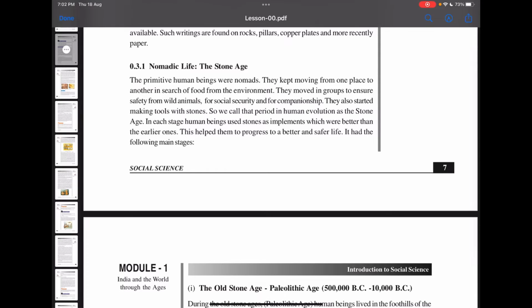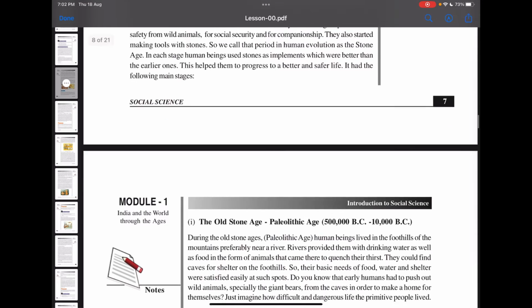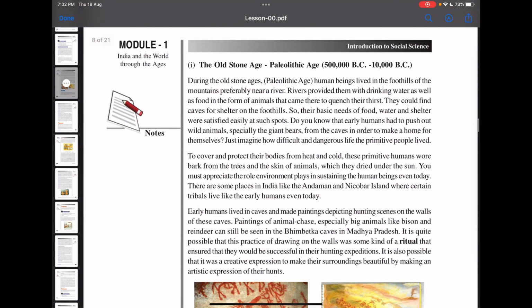In each stage, human beings used stone as implements which were better than the earlier ones. This helped them to progress to a better and safer life. It had the following main stages: the Old Stone Age, Paleolithic Age. During the Old Stone Age, Paleolithic Age, that is from 500,000 BC to 10,000 BC, human beings lived in the